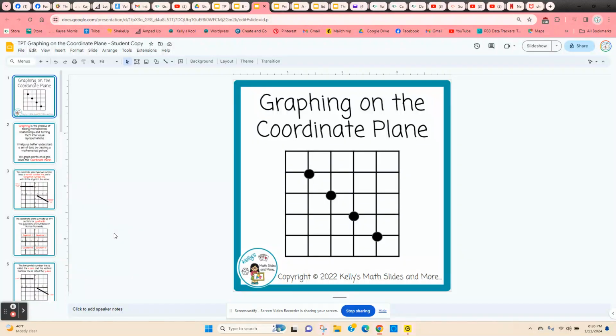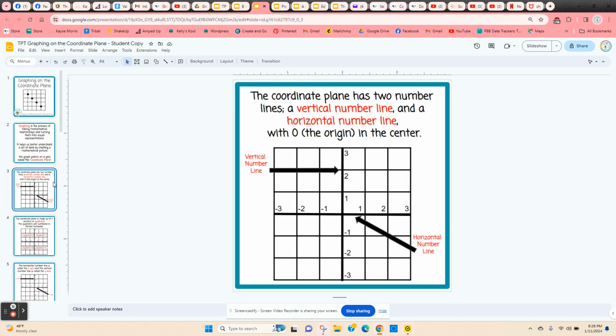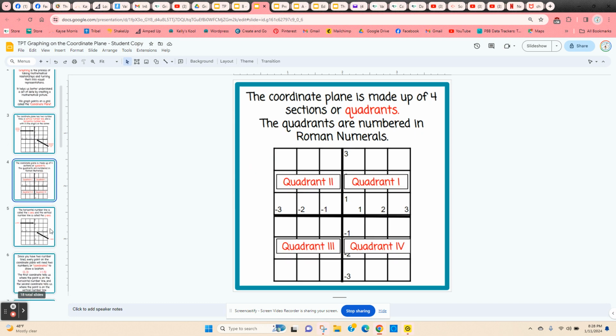Graphing on the coordinate plane. This is a digital lesson that teaches students the different parts of the coordinate plane and how to plot points. And so it just starts out explaining to the students what a coordinate plane is, goes through the fact that it's made up of two number lines, a vertical and a horizontal, shows students the four quadrants